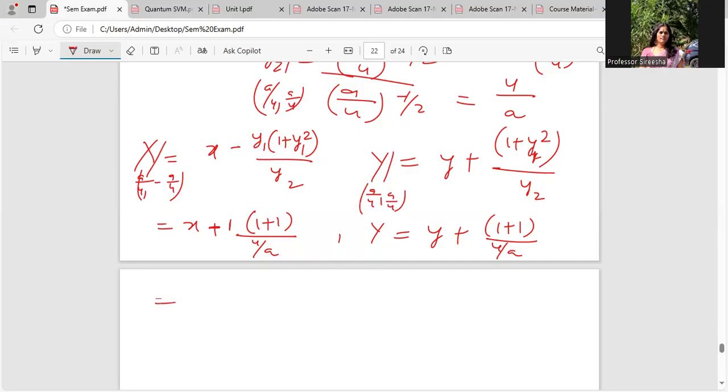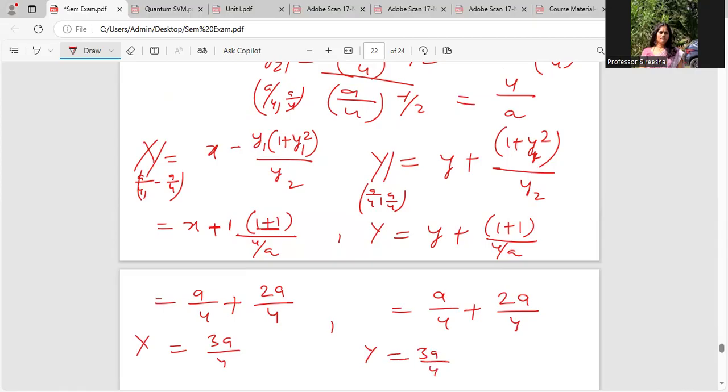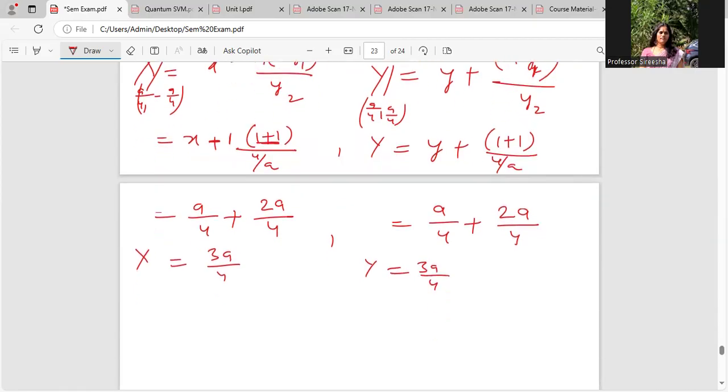So I know that small x value is a by 4 plus, what would this give me? This gives me 2, right? Yeah, 2a by 4 comma. This is a by 4 plus 2a by 4. Okay, so I'll be having, I can either cancel out 2 and 4 or I can directly add. 3a by 4 is capital X and then 3a by 4 is capital Y. Yes? Okay. Now, since I have got capital X and capital Y values, I just need to find the equation